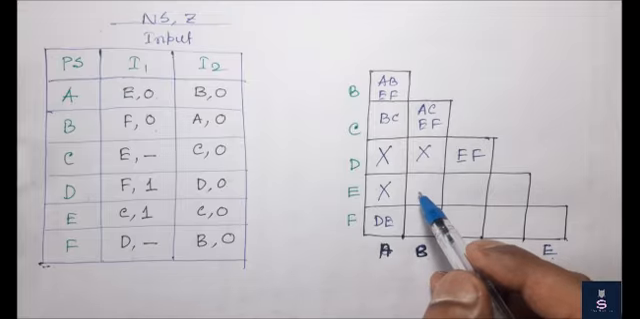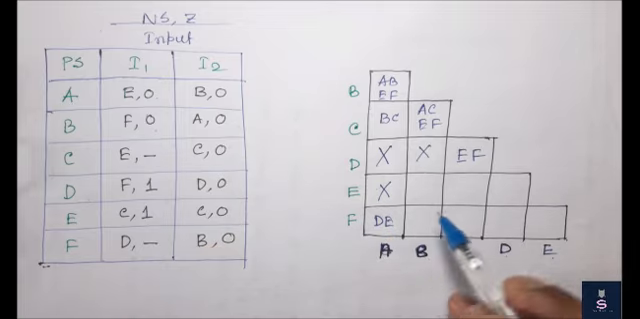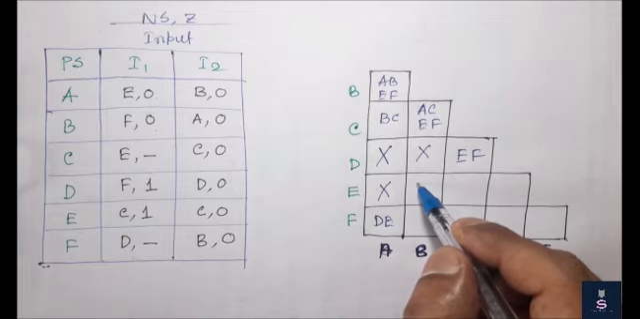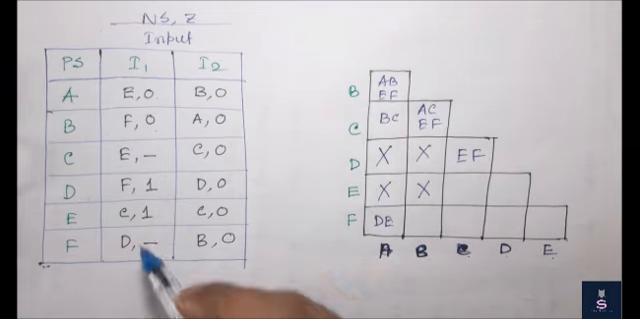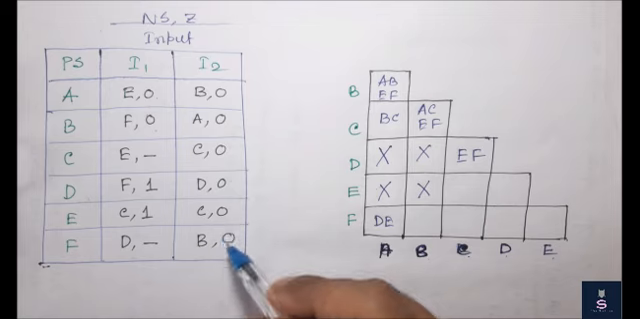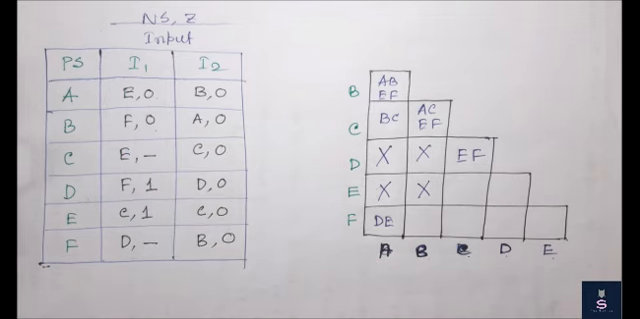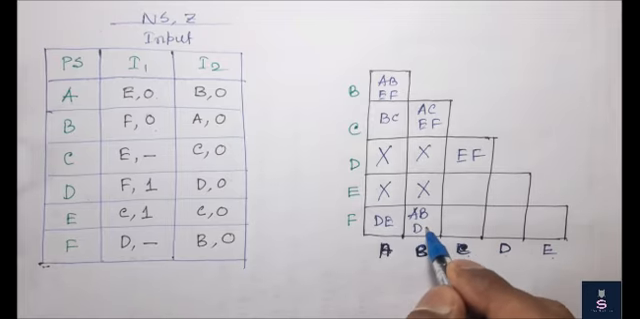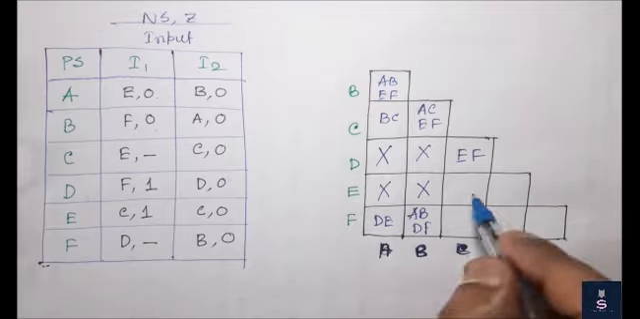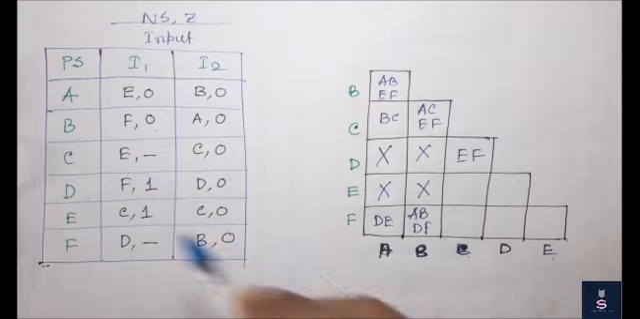Oh, I have to complete this one also, BF, sorry I forgot. BF 0 1, so I have to put a cross here, and then again BF 0 don't care, 0 don't care, 0 0, so AB and DF, so let me write AB DF. Now consider this one, CE, so don't care 1 0 0, so CE, only EC,